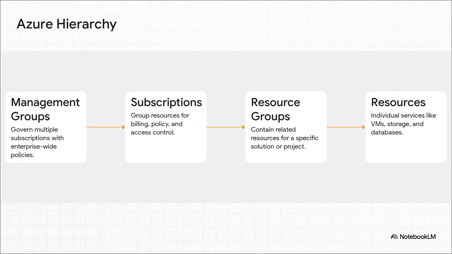And here's the hierarchy Azure gives us to stay organized. Think of it like this. Way up at the top, you've got management groups. They're like the federal laws for your entire company. Under that, you have subscriptions, which are kind of like states or provinces, maybe one for marketing, one for R&D. Then we get to resource groups. These are the neighborhoods where a specific project or application lives. And finally, you have the resources themselves, the individual houses, stores, and factories.